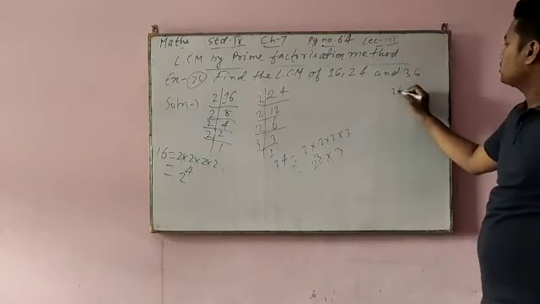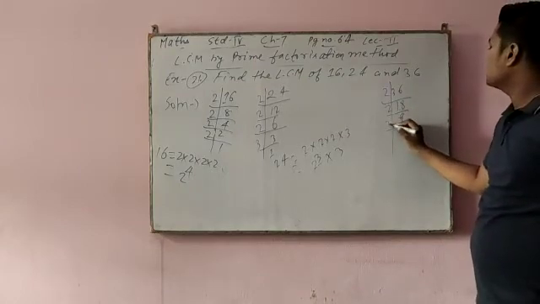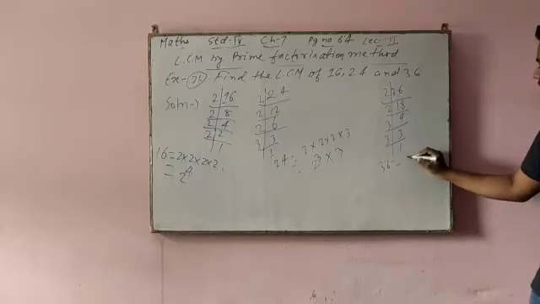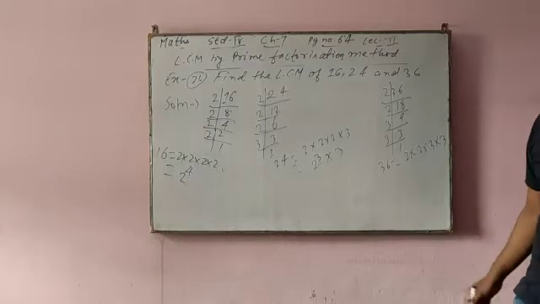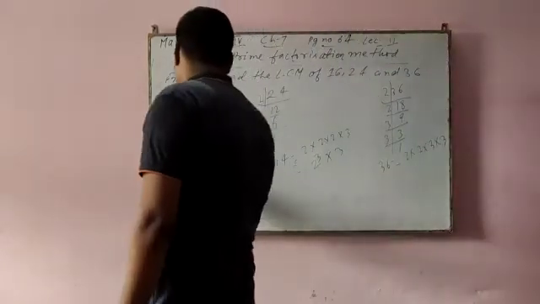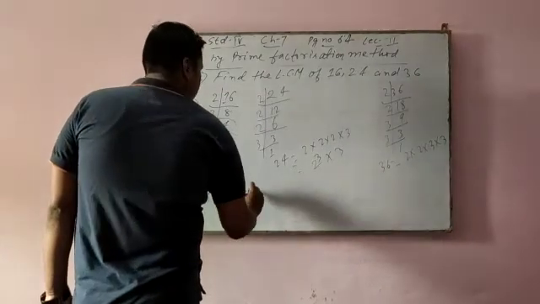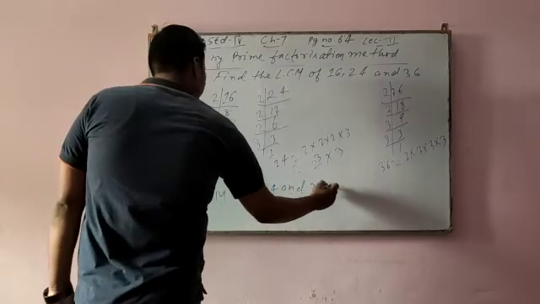Now come to 36. 18, 9, 3, 1. So the prime factorization of 36 is what? Two 2s and two 3s. Okay, got it? Now the LCM of 16, 24 and 36 will be...